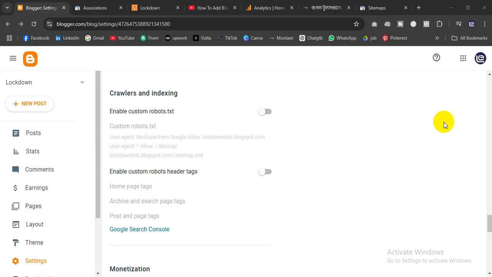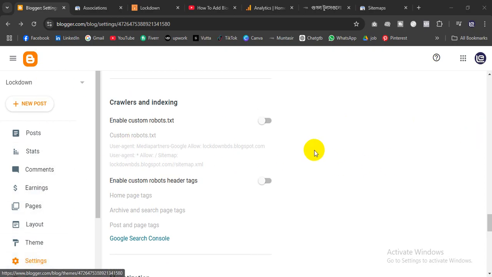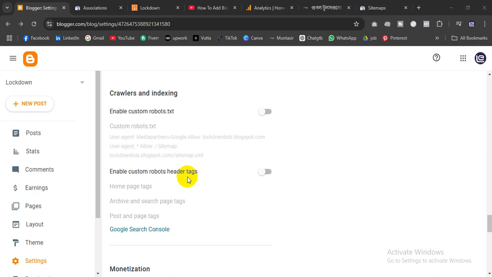Sitemap for Blogger website. First you have to come to your Blogger backend, then Settings, then you can see this, and then come to Crawlers and indexing and disable this. Okay, that means